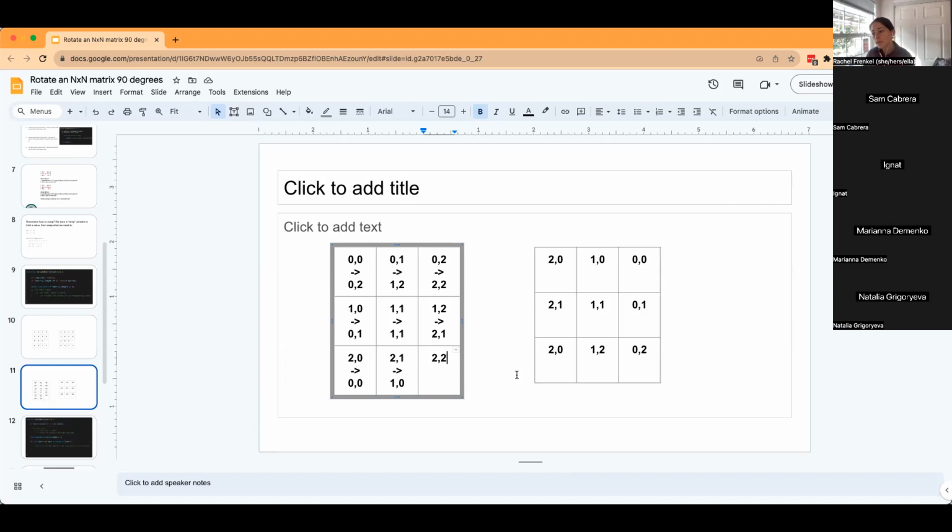Is it, sorry, I forget. I'm always forgetting the 0, 1, 2, 0, 1, 2. 2, 2 goes, where did it go? I have it on my paper, but it's not the same as, I didn't do it